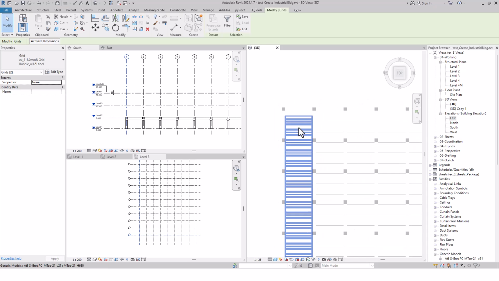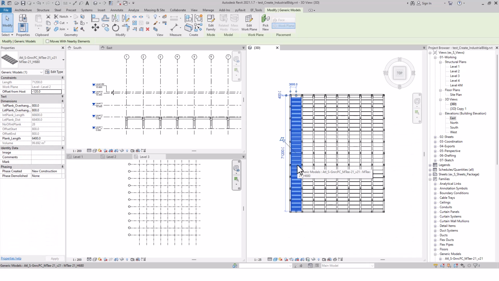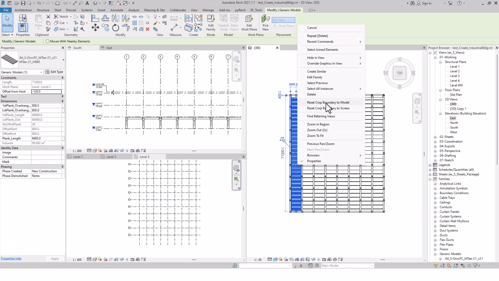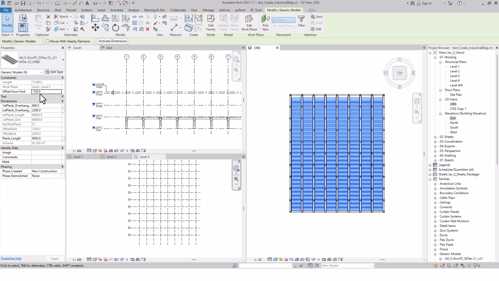Currently it is not. So before we do that, we have to select and look at some properties, so that the overhang is going to be 800 and the plank length will be 6,400. We have to take note of what we are going to do: select those type 21 and select all instances visible in view, right? Then replace with 22. Okay, then make sure that this plank overhang is changed to 800 and this one has to be 6400, and apply